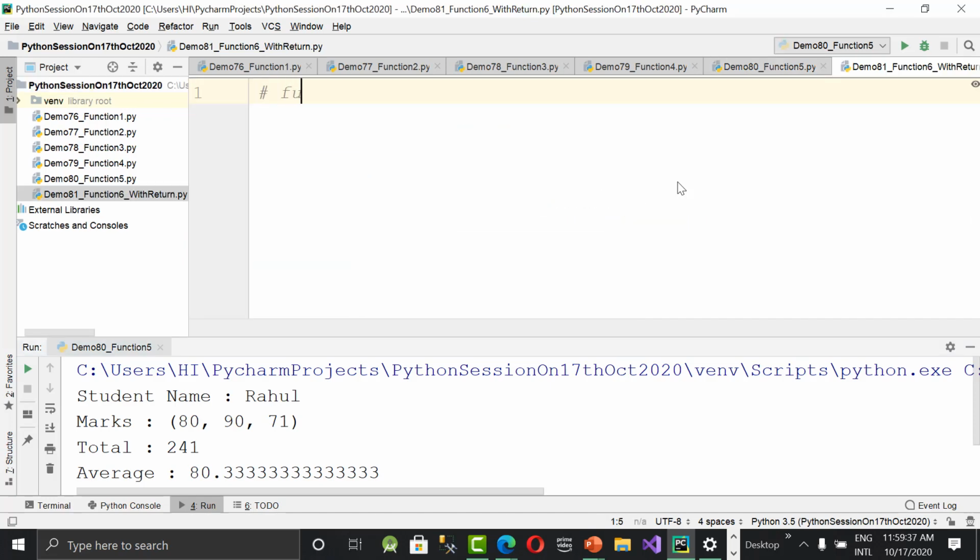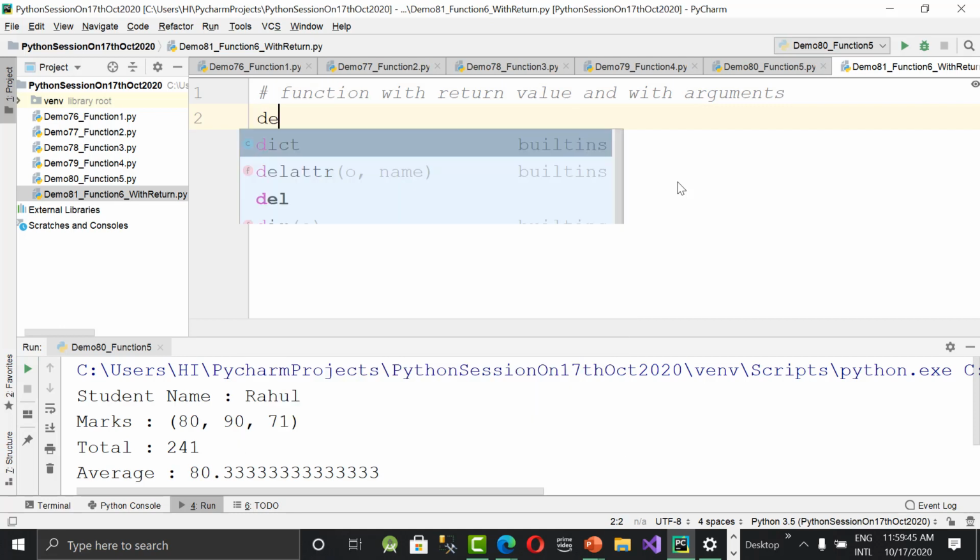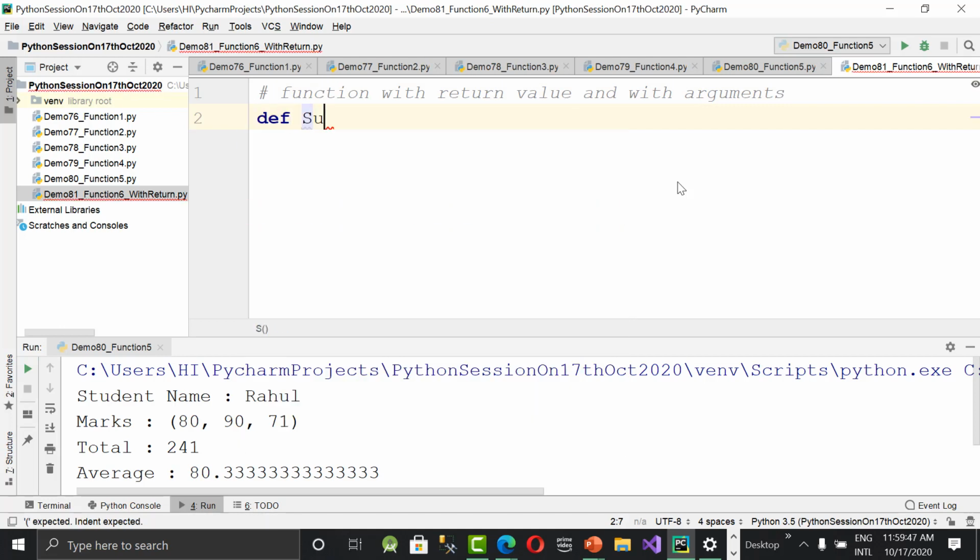So def sum, function name, with parameters num1, num2, or a, b, it's up to you. What I'm saying: return num1 plus num2. To return, I'm using the return statement. The function is returning a value, so you have to catch it. The return value should be stored somewhere.